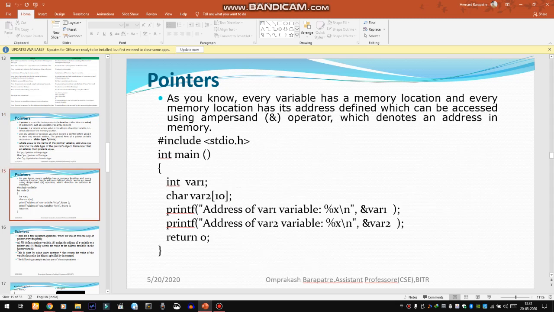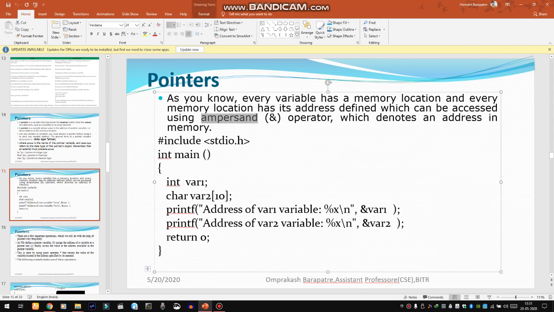Next, a program which is used to declare a pointer variable and to store the address of another variable. Before that we have to see what the address operator is, called ampersand.